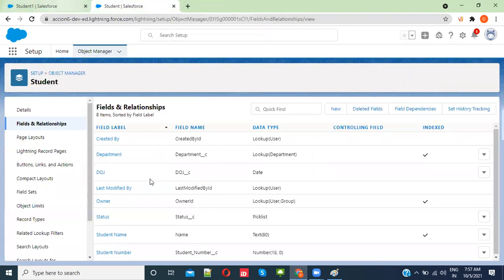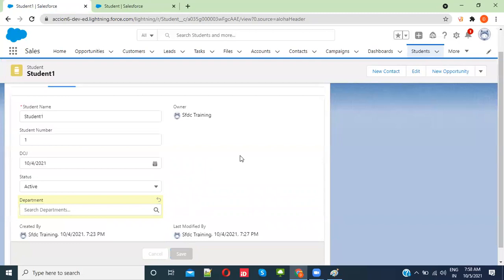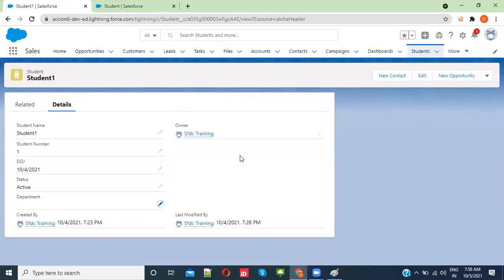So this is the lookup value. When you want to see this lookup, if you don't give a value for department, you can save the record. You don't need to worry about the value of this one.